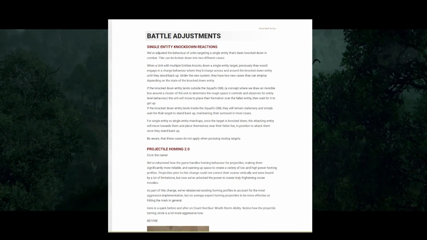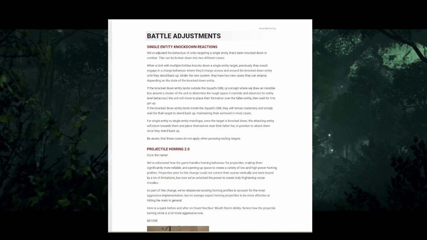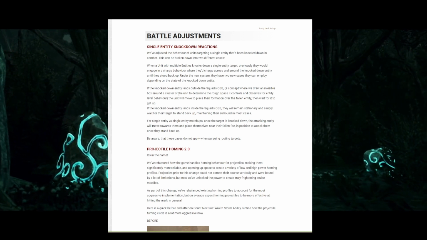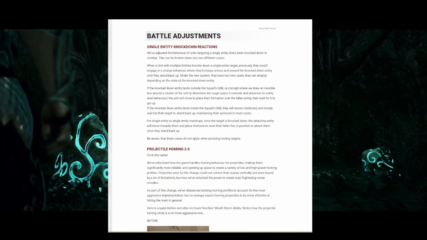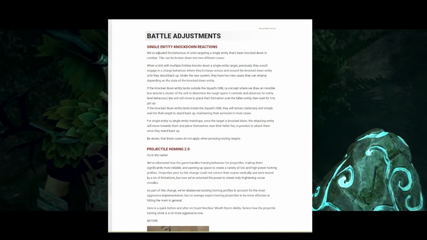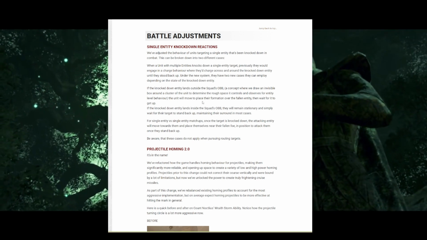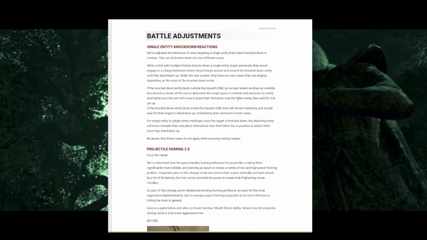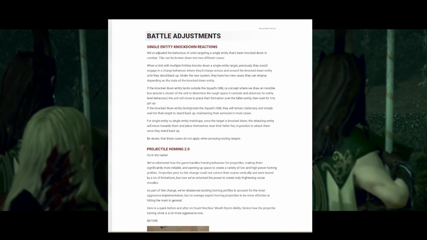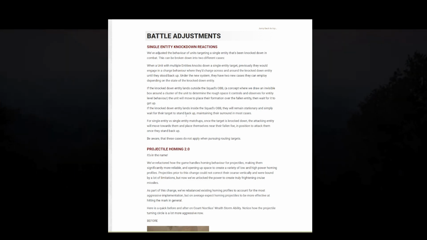If the knockdown entity lands outside of the squad's OBB, a concept where we draw an invisible box around a cluster of the unit to determine the rough space it can occupy, the unit will move into their formation over the fallen enemy and wait for it to get back up. If the knockdown entity lands inside of a squad's OBB, they will remain stationary and simply wait for the target